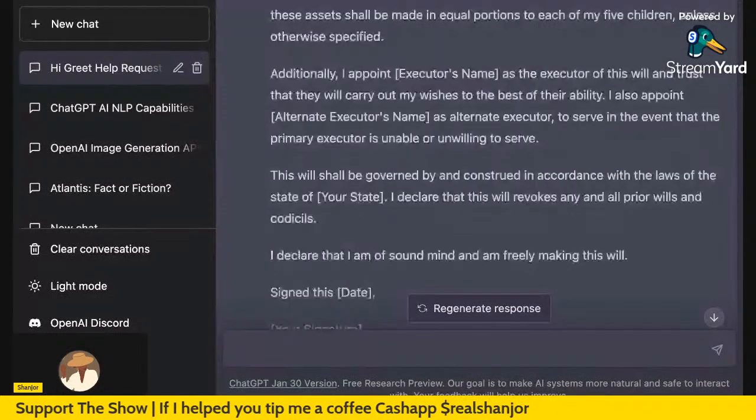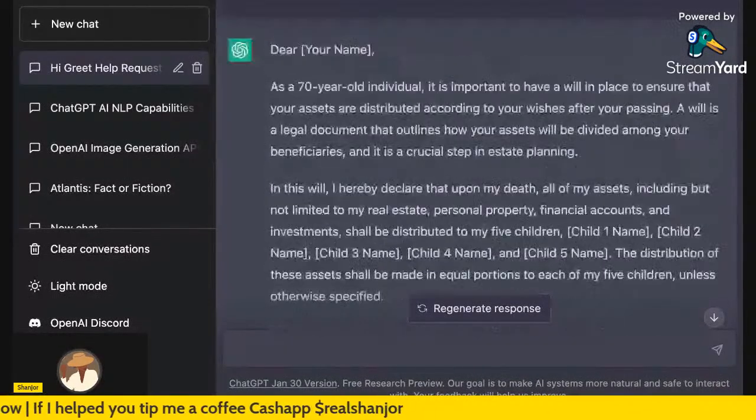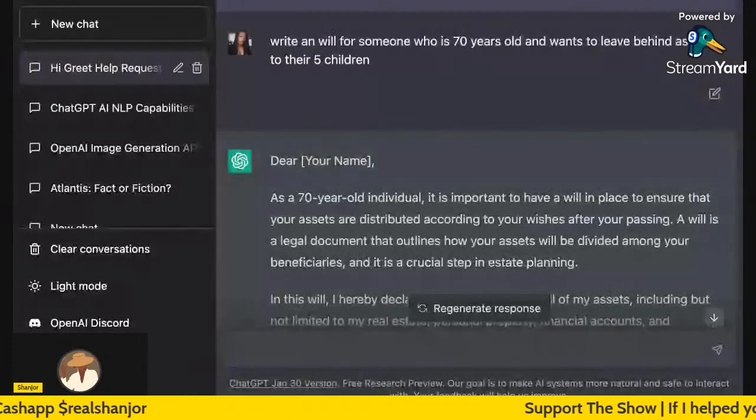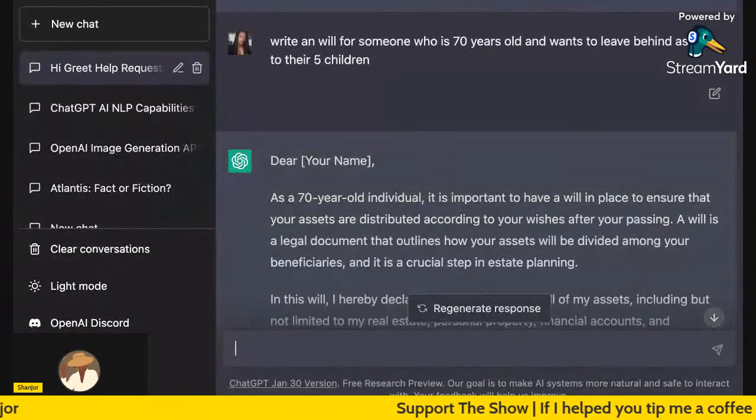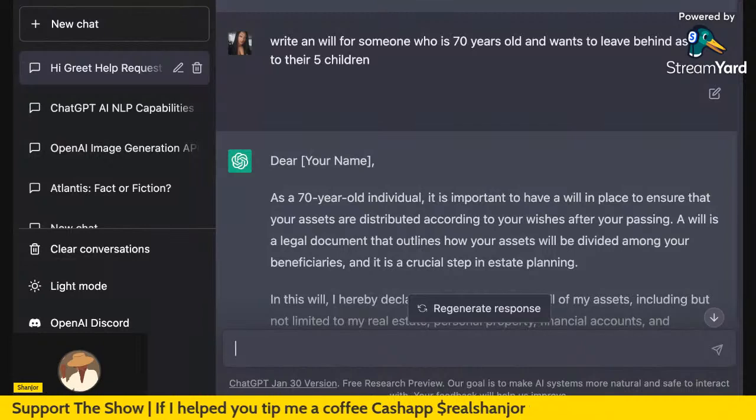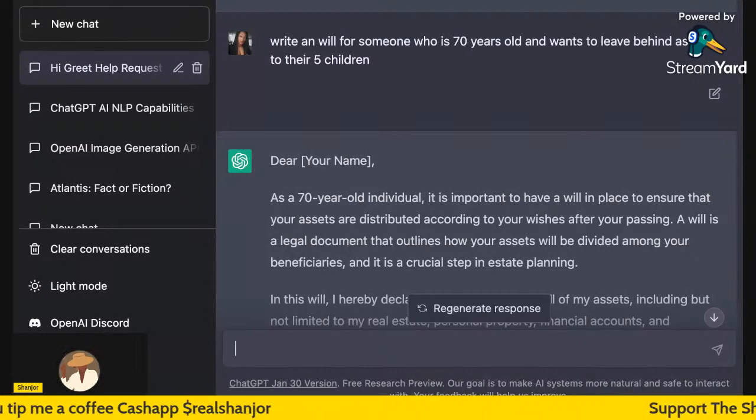ChatGPT just wrote me a will, if I needed to give this to someone in my family. And many of you guys have loved ones that don't have wills set up. They don't have their life insurance set up. Well, it's time to start using AI to help you with these things. There's no excuse no more for people to say, well, I don't have time. I don't know how to do this. I don't know how to do that. I don't even know where to begin. Well, ChatGPT can help you begin.